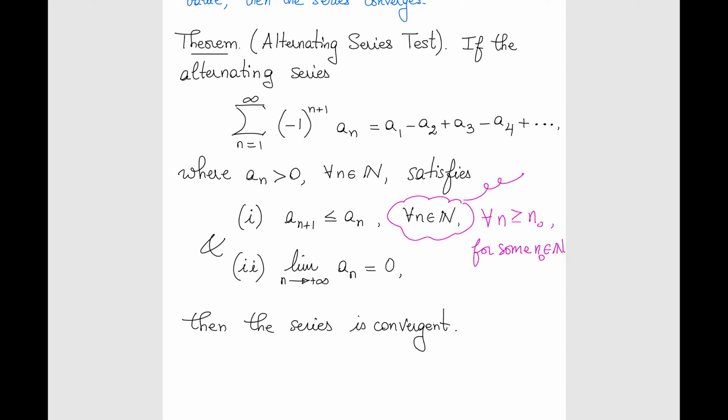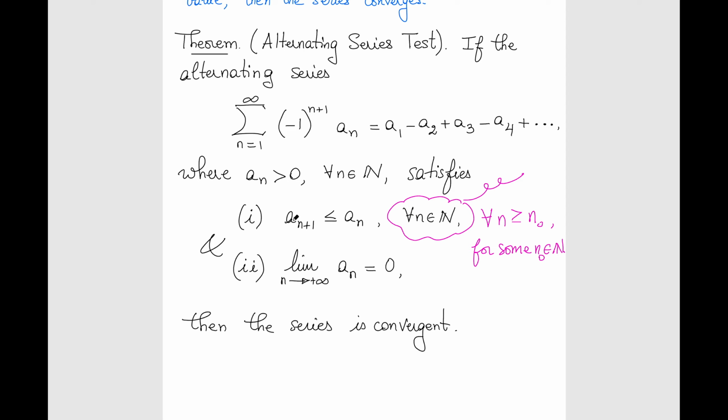The first few terms of the sequence a_n may not obey this inequality, but from a certain rank on, eventually the sequence starts being non-increasing, then